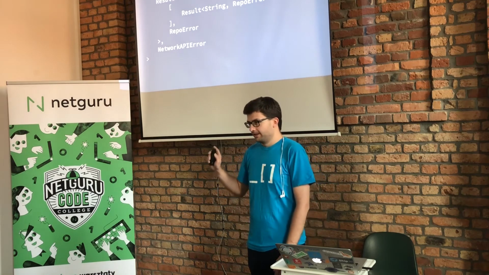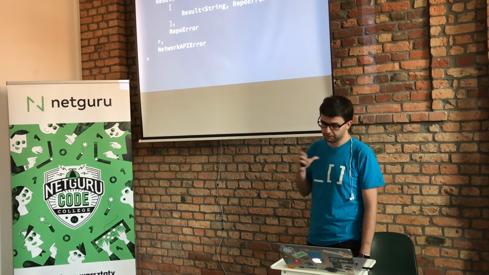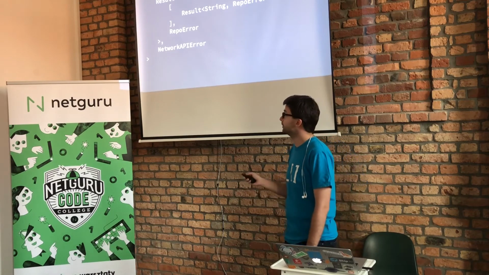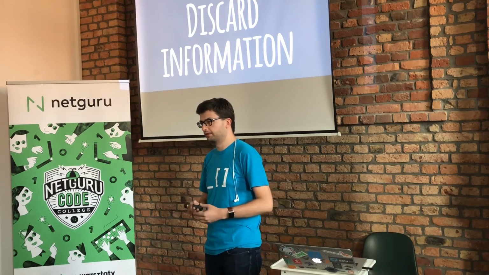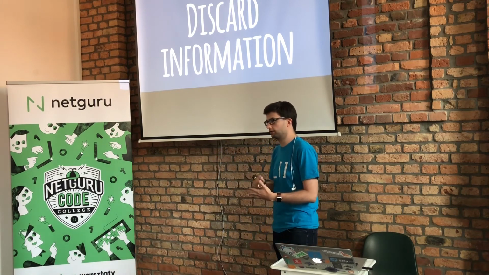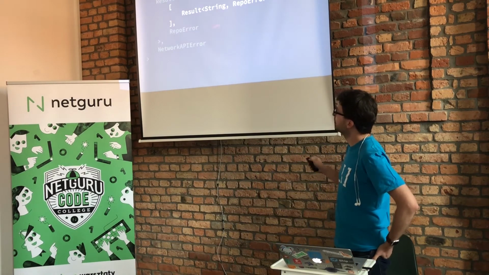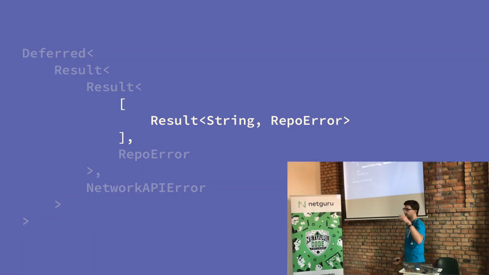Okay, that was the first thing. We can just redesign our data model, especially redesign our errors, for this API at least. Your mileage may vary. The second thing you can do, also pretty obvious, is discard information. So when we're building this signature, we thought of all the possible situations, all the possible things that we will want to express for a user. For example, we were having this array of the errors. So for each object in the array in the JSON, we could express whether it failed validation and deserialization or not.